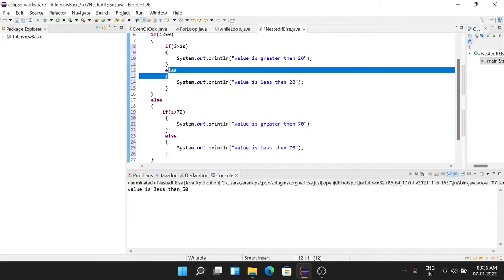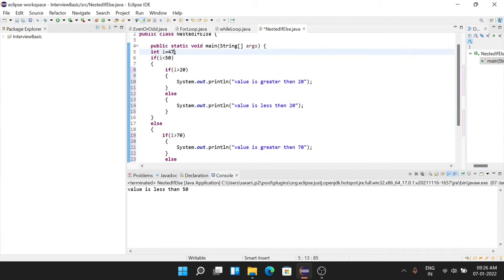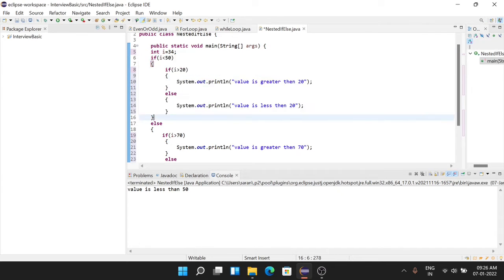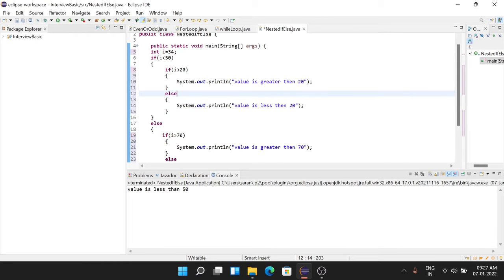For example, let's say the value of i is 34. 34 is less than 50, so it enters this if block. Again it checks whether 34 is greater than 20. Yes, it is correct, so it enters the if block and prints the value is greater than 20. Let's check it. Yeah, it prints that.